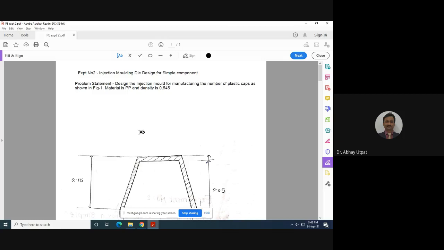It means if you are going to manufacture a plastic component, you are the manufacturer, and some customer will come to you with the drawing and show you the drawing. The customer will ask, I want 10,000 pieces of this plastic component. Then you are the owner of your company, so you have to do everything. As per the demand of the customer, you have to manufacture those 10,000 components. But for manufacturing these 10,000 plastic components, you require the die.